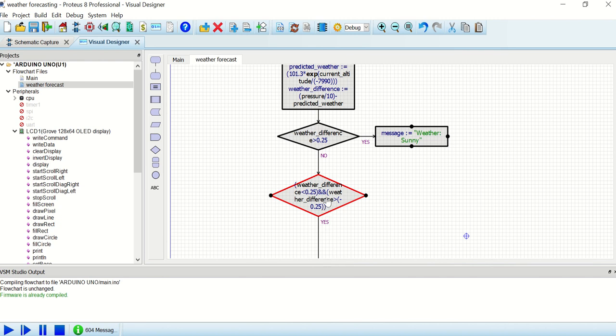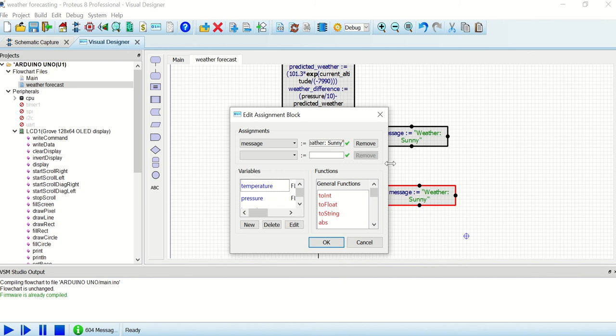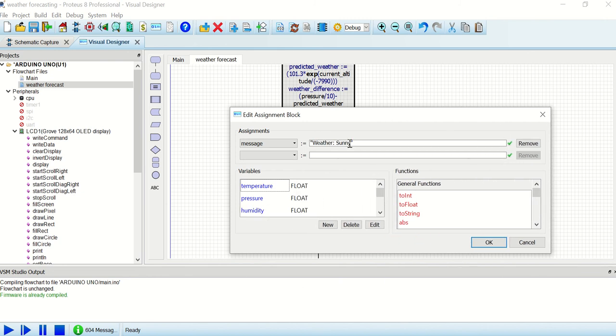If it is yes, we can swap it. Okay, again we can swap yes or no. If it is yes, then we can place one message. So we can just copy, place it here. Another message is the second message. So the second message was supposed to be sunny or cloudy. So we can just connect it and edit. Okay, so here what is the editing? Sunny or cloudy. So we can write, okay, so cloudy